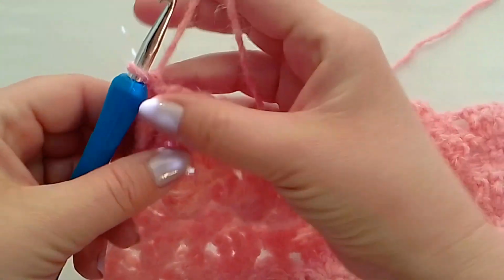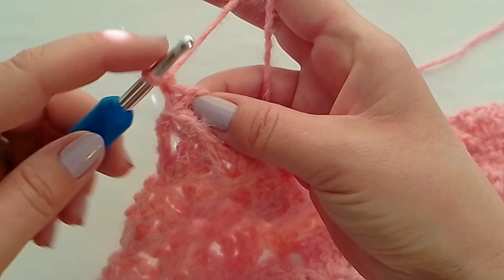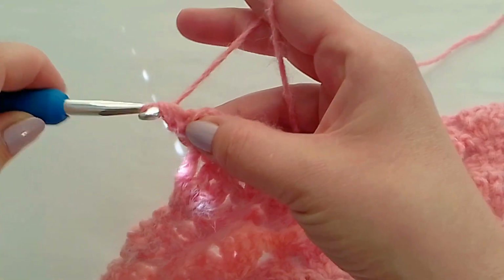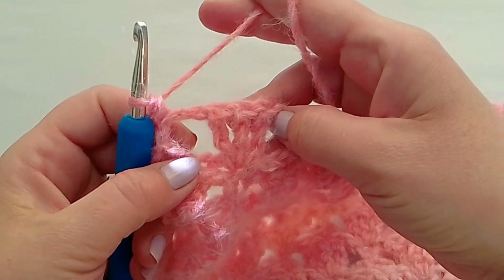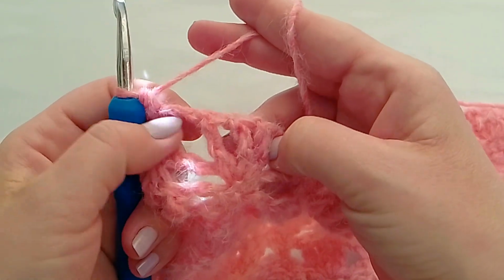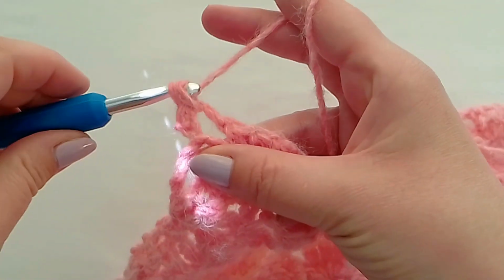We will chain 1, and I believe I already chained 1 and turned. So I already chained 1 and turned, and I will go into that same chain there and make 1 single crochet. And what we will do, we are going to single crochet all the way across the top of our blanket. So right here we have 2 chains, so we will make 2 single crochets,